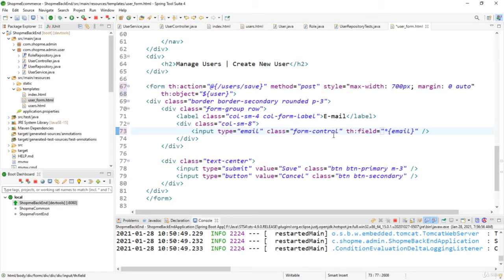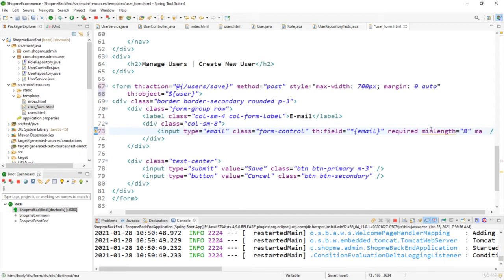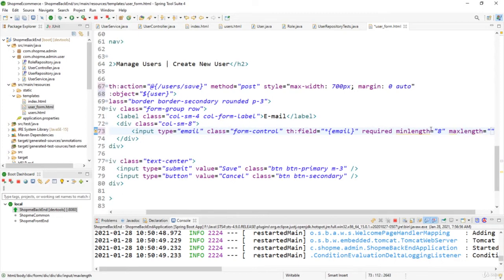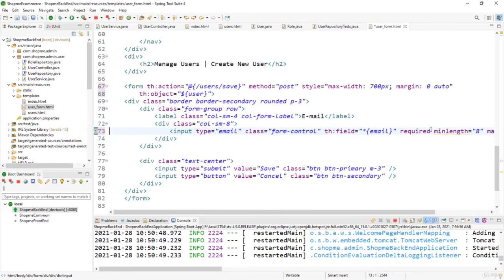And for the validation of this email, we need to use the required attribute, and the minimum length, minlength, is about 7 characters, and the maximum length, maxlength, is about 128 as per the data requirement for email. Okay, save the changes